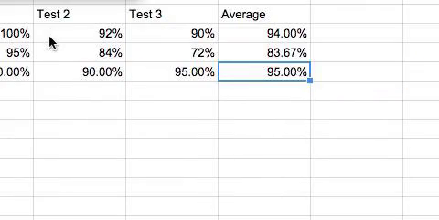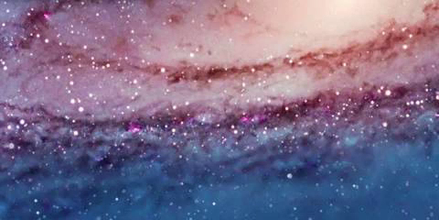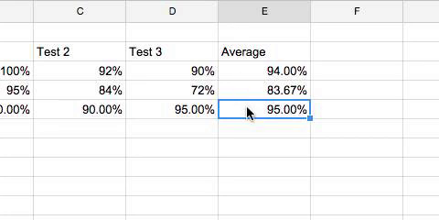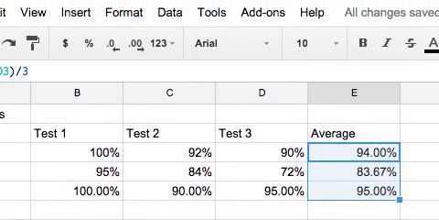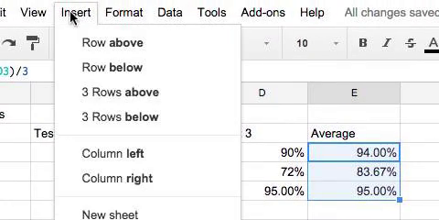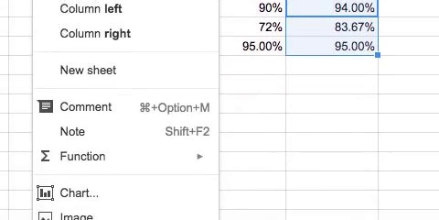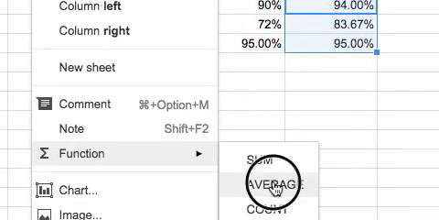Let's do that one more time just so you can make sure that you got how to do that function right away here. So I'm going to average out all of my test scores, or all of my averages all together to see, am I an A student? Am I a B student? I can click and highlight all 3 of my averages, and then once again, I'm going to insert the function of average,